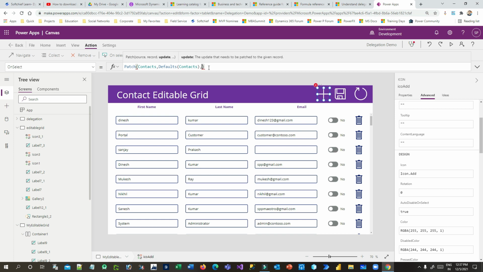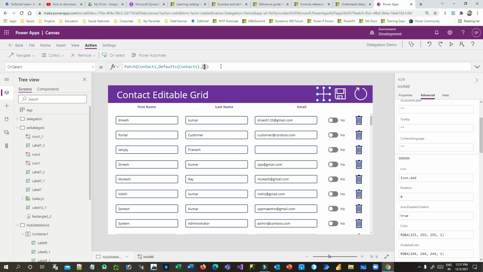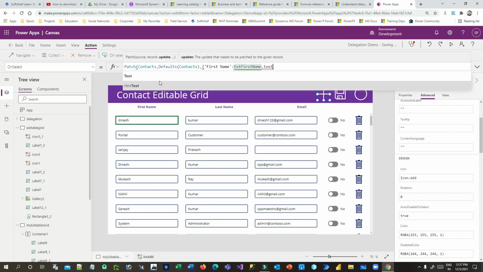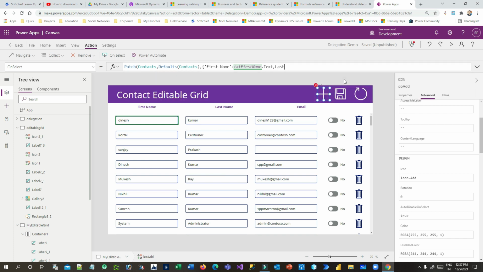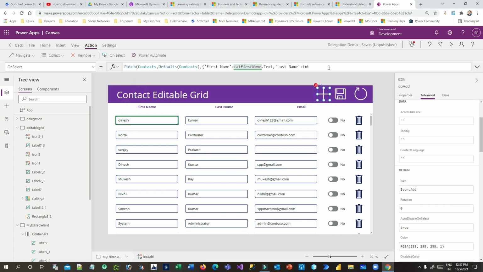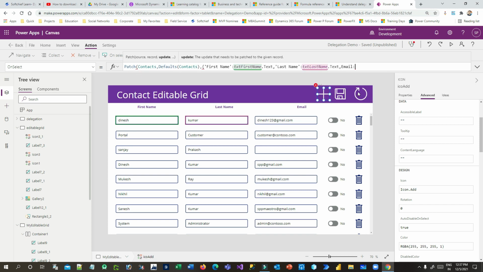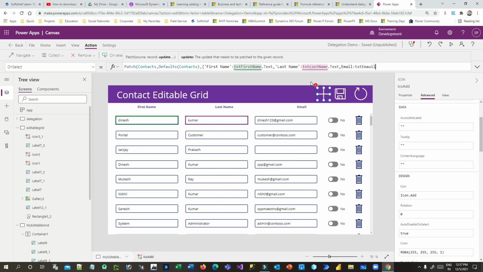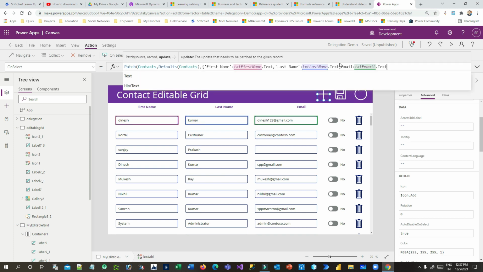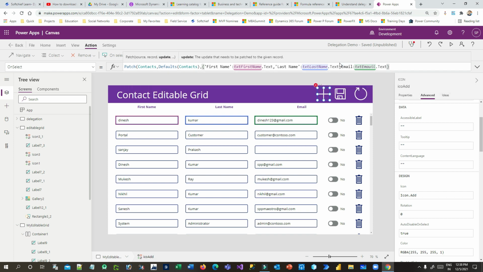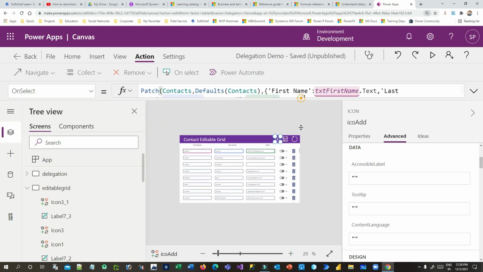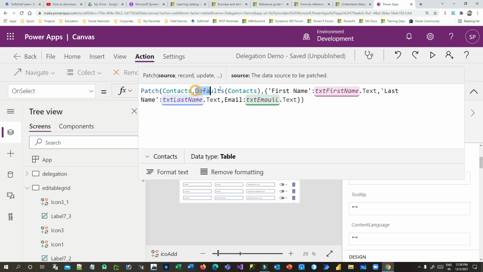and what data you want to insert, because I want to insert new data, right? So in curly braces you have to pass FirstName equal to txtFirstName.Text, right? And the second parameter is LastName, and the value is txtLastName.Text, and the third parameter is Email, and it should be txtEmail.Text. The same way, right? We are just passing the text box values to the columns. Then close the curly braces and complete the Patch function. Now you understand how it is built. Patch the contacts data source and the default contact I want to create, with these values, so it will create a new contact record,